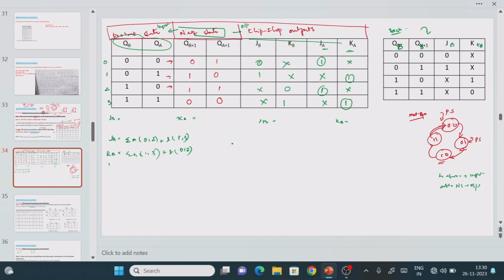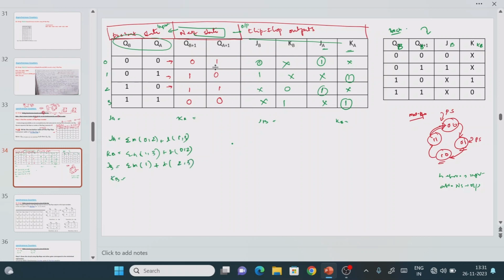Right? Now next, what is the value we need to find out? JB as well as KB. So we need to find out the minterms for JB as well as KB. See, this is the JB value. So what is the minterm value? If you identify here, only this one. What is the input value? The value is 1. Do we have don't care? Yes. In which location do we have the don't care? Sorry, just give me a second. So the don't cares are 2 as well as 3. I'm writing the don't cares as 2 comma 3.